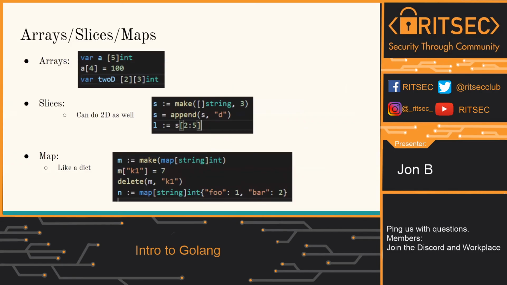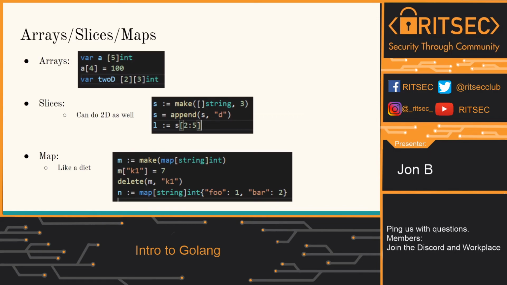So now this is where it starts to get more Go-specific things. You have your basic arrays where you can set a specific length on an array, and it will allow you to store only, for example in that A variable, 5 values, and you can set the values just as you would in most other languages.